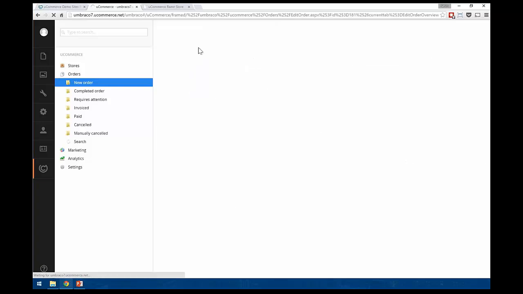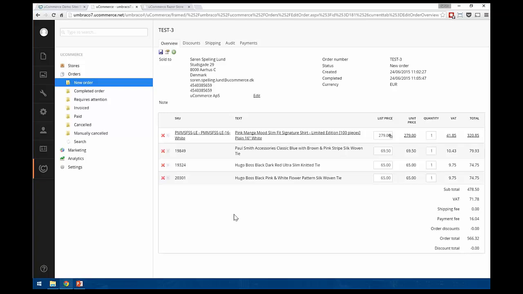All this is again controlled by permission. So right now I'm logged in as an administrator, and so as a consequence I can do everything. But you may set up accounts that are limited by nature, so I may only be able to do order management, so change the order from state to state if I work in the warehouse, for example, and do fulfillment, but not actually add or remove items because it doesn't make sense for the role that I have. And there's lots and lots of opportunities for changing the permissions there.